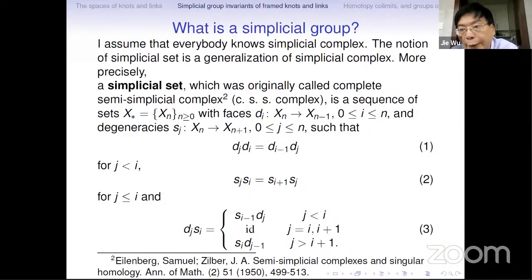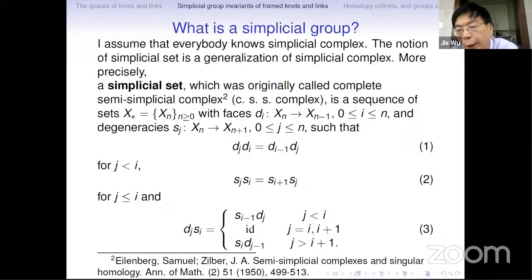Briefly speaking, we consider some degenerate simplexes. For example, if you consider a one-simplex with vertices labeled 0, 1, then we can consider this as a degenerate two-simplex in two ways. So we consider it as a two-simplex 0, 0, 1 or 0, 1, 1, right? So just double the vertices and make the area zero, like a two-simplex. So in such a way, we can make